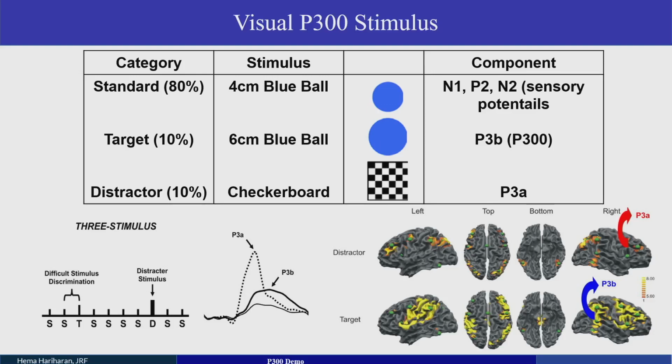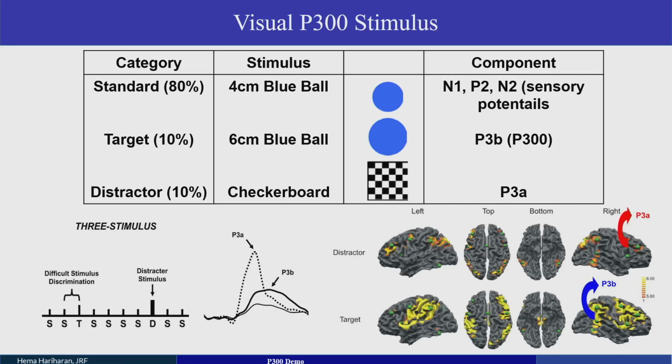In the image, P3A comes in the frontal part of the brain, and P3B in the parietal part. Frontal, parietal, and mostly central parietal areas are the most commonly activated during the visual P300, where the ERPs are obtained. So when doing the ERP analysis, we should concentrate more on the parietal or central parietal temporal regions, where the P300 response will be maximum.